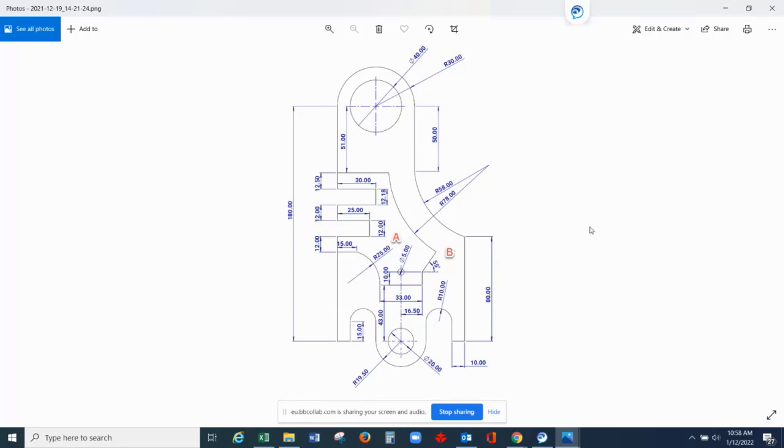So we will start with the center line. For me, I will start here from the bottom with this circle. I'm creating these two center lines, then from this circle, going up, completing those drawings. Some parts of the drawing we can draw free without dimension, and some we can assign dimensions. So we will do it step by step until we complete those drawings.